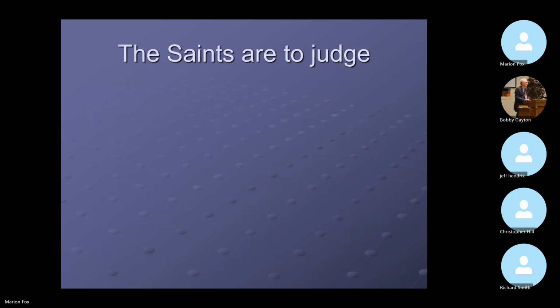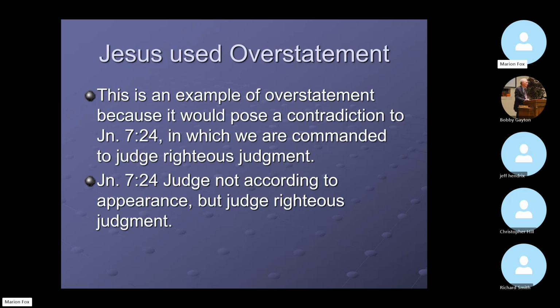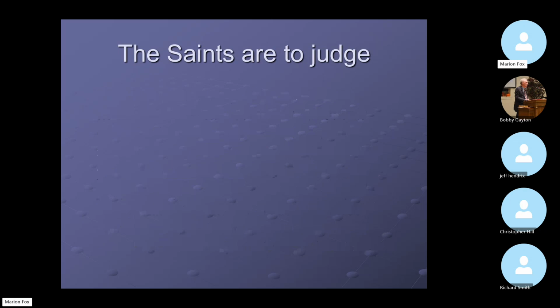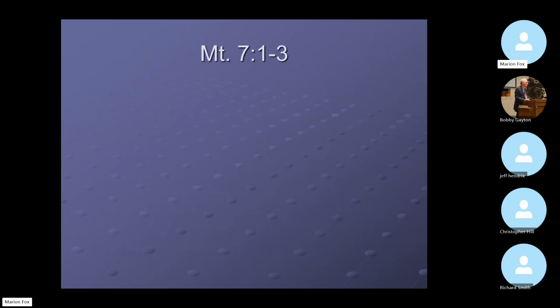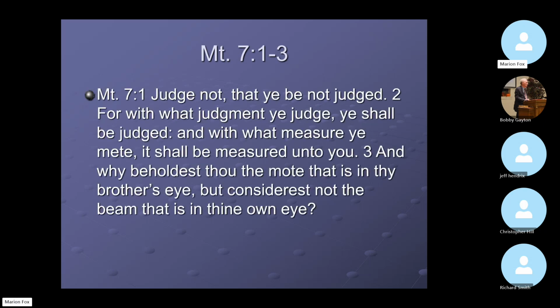And let's go back to it. And there it is in John 7:24. That's what I'm claiming it says. It's demonstrated in Matthew 7:2-3. Judge not, that you be not judged. For, see, the word for is going to explain it. What judgment you judge, you shall be judged. What measure you make, what standard you measure people by, you'll be measured by it. It shall be measured unto you.